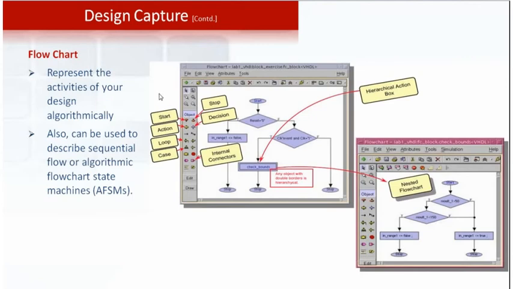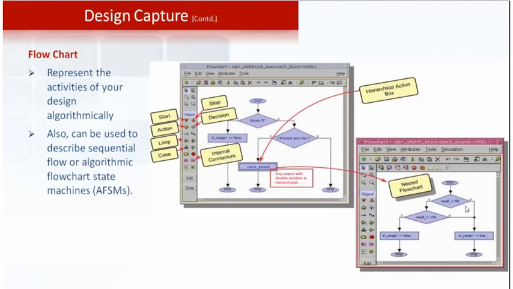And this particular slide talks about the flowchart, nothing but a flowchart type of input. From here we can take the tabs, whether you want a start condition, start state or stop, or we can also have something like action, condition checking, and this one particular box with two borders. That is one particular place where it has one more flowchart inside.